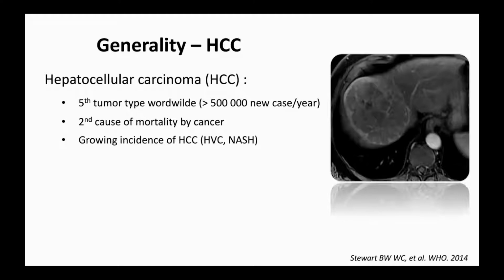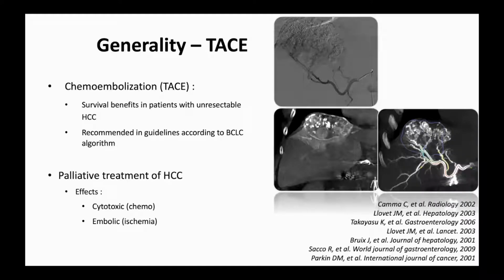Hepatocellular carcinoma is the fifth most common tumor type worldwide and the second cause of cancer mortality, with a growing incidence of HCC due to HCV and NASH. So chemoembolization has a survival benefit in patients with unresectable HCC and is recommended according to the BCLC algorithm. Chemoembolization is a palliative treatment with a cytotoxic effect due to the chemo and an embolic effect that leads